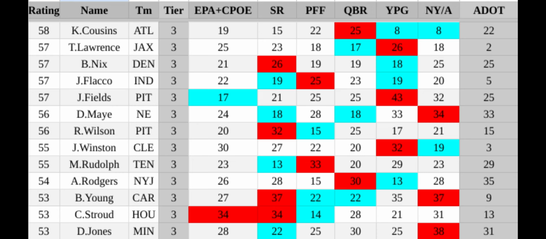For Jameis Winston, he is another sexual predator, at least according to allegations that were made in college. So the Browns definitely got a type. And Winston, you know, I wish he didn't have that allegation against him because he's a fun player to watch. Third in average depth of target, he was big game hunting on a lot of plays.